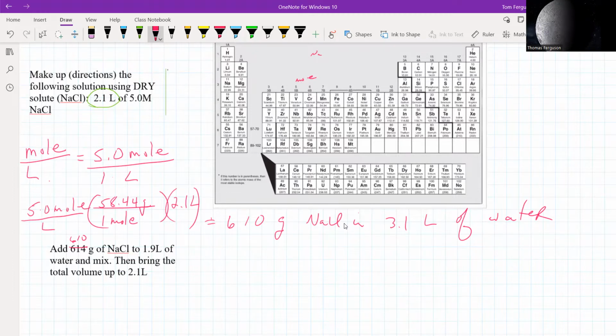Okay, does that make sense? This is a very standard question, they will ask you how to mix up a solution. And this is the right way to go. Just don't say you add 610 grams into 2.1 liters, because you'll no longer have a 5.0 molarity solution. You'll have less because the volume is more. You'll have like 4.9 or whatever, okay? So what you do is dissolve the solid first in a little bit of water, something less than the final volume. It doesn't matter at all. And then once it's totally dissolved,